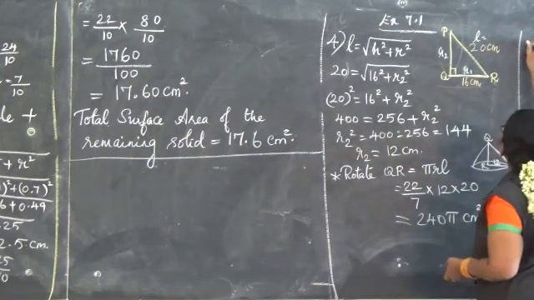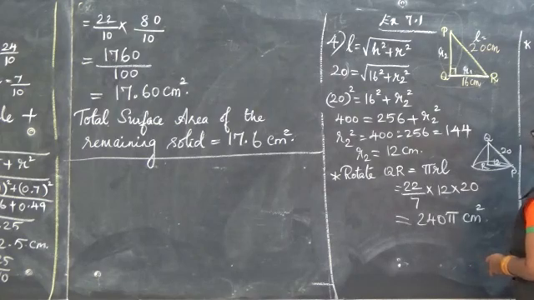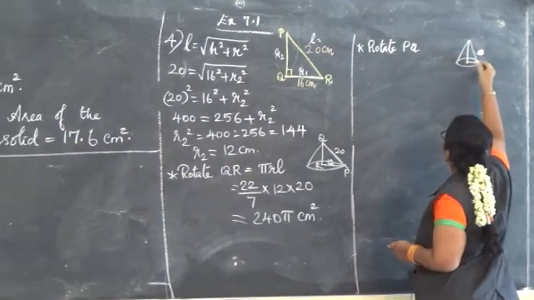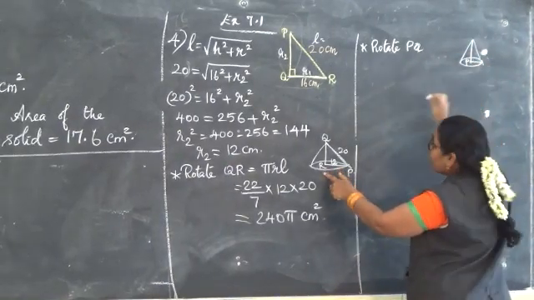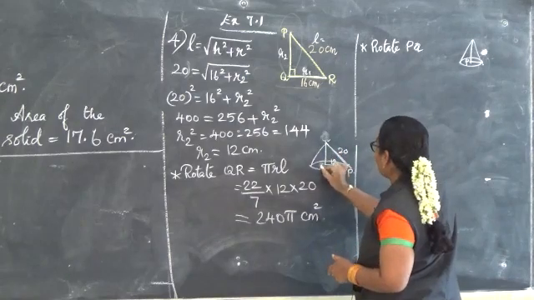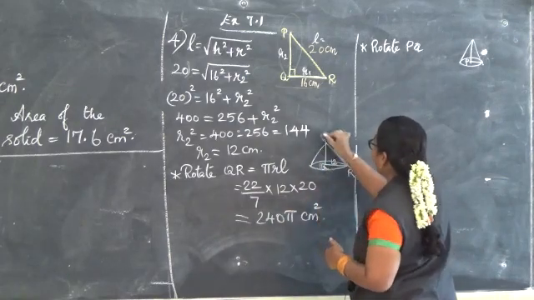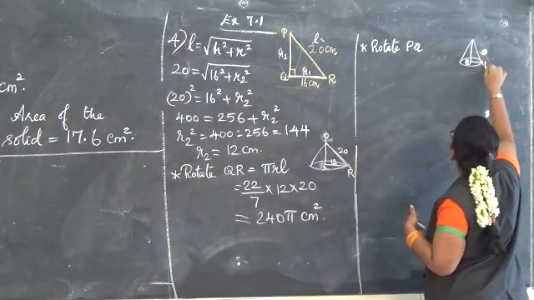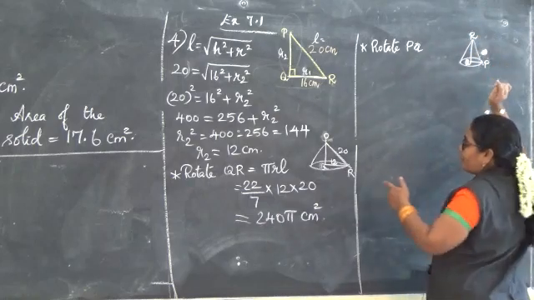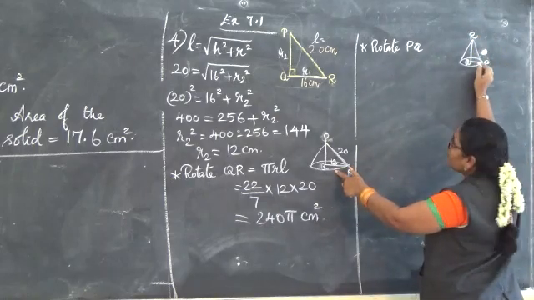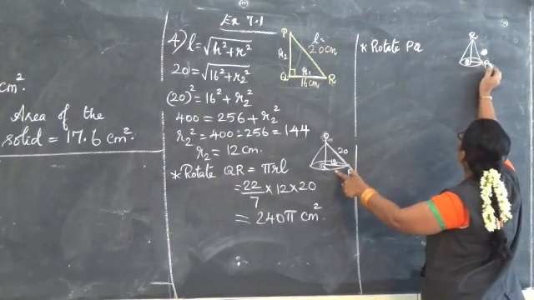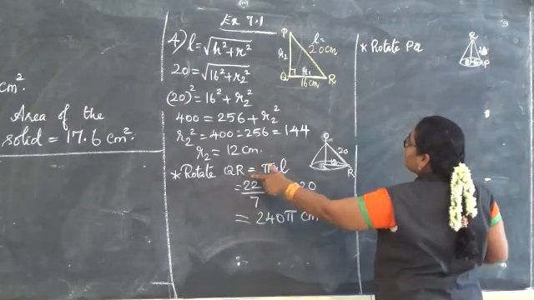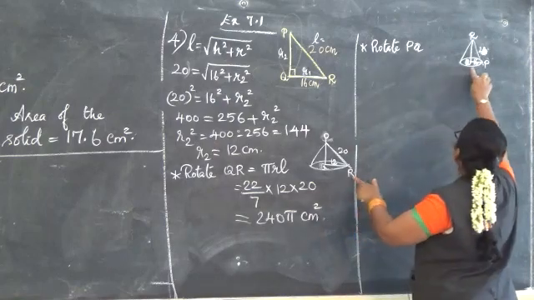Then with the same thing, rotate PQ, that is, we will be keeping P. Here you will be rotating with Q, R and P, and when you are keeping with P, that is Q, P and R. So it will be 16 here and 20 here, when you are keeping QR here and QP here.